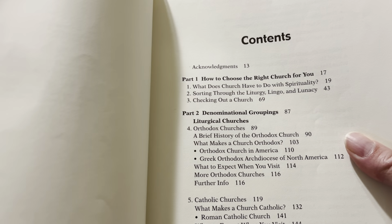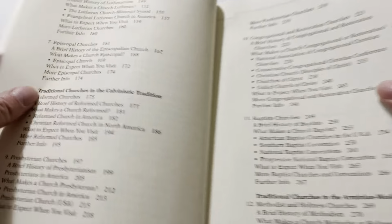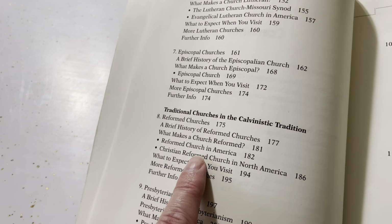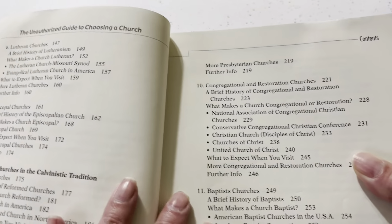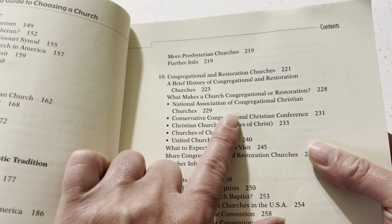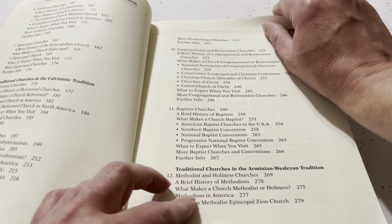The first section is how to choose the right church for you, and it's got 3 sections there. And then it goes through the liturgical churches, the Catholic churches, Lutheran churches, Episcopal churches, traditional churches in the Calvinistic tradition, Presbyterian churches, and it goes through a few of the denominations of that. More Presbyterian churches, Congregational and Restoration churches, Baptist churches, traditional churches in the Arminian Wesleyan tradition, like United Methodist Church as an example,